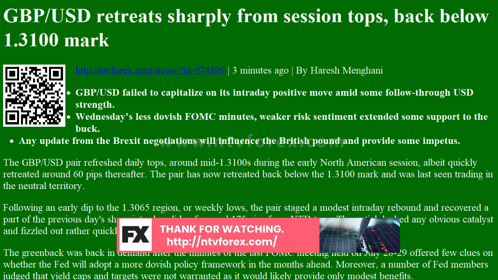Previous daily high 1.3267, previous daily low 1.3094, previous weekly high 1.3143, previous weekly low 1.3006, previous monthly high 1.317, previous monthly low 1.236, daily Fibonacci 38.2% 1.316, daily Fibonacci 61.8% 1.3201, daily pivot point S1 1.304, daily pivot point S2 1.298, daily pivot point S3 1.2867, daily pivot point R1 1.3213, daily pivot point R2 1.3327,